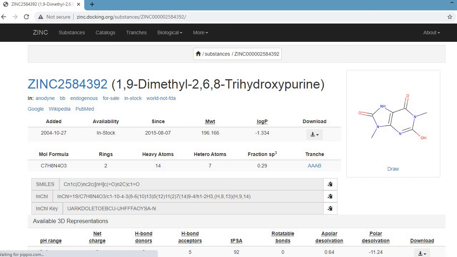So we can do that sort of search. In addition, if we know the ZINC ID, then we can also search depending upon the ZINC ID. So this is the ZINC database. And this is how we can operate, and we can search and we can choose any structure for further studies for drug design.